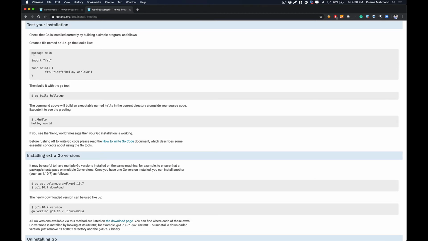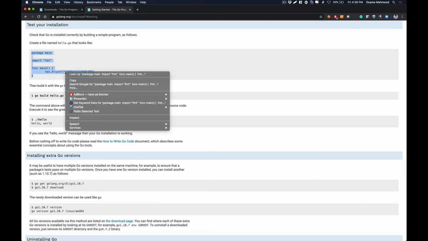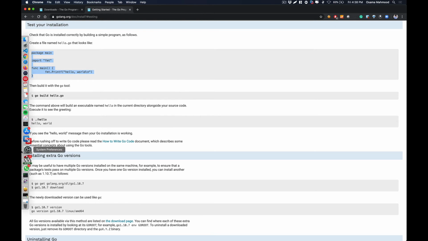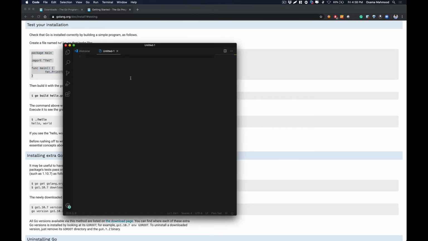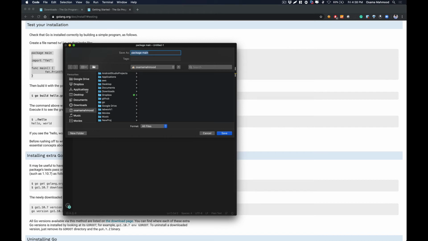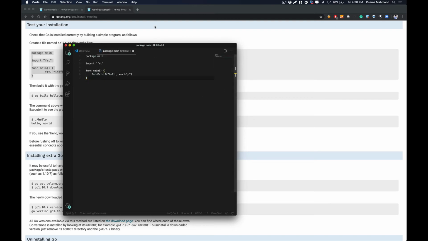this is a hello world program in Go. So what you need to do is just copy that program and open up any of your favorite text editor. I'm using Visual Code, and just save it. I'm going to be saving it on desktop as test.go, and after saving it,